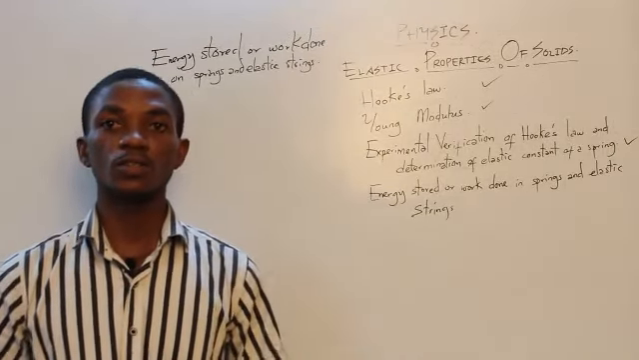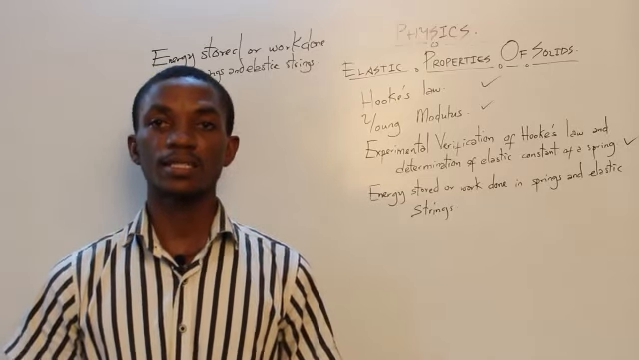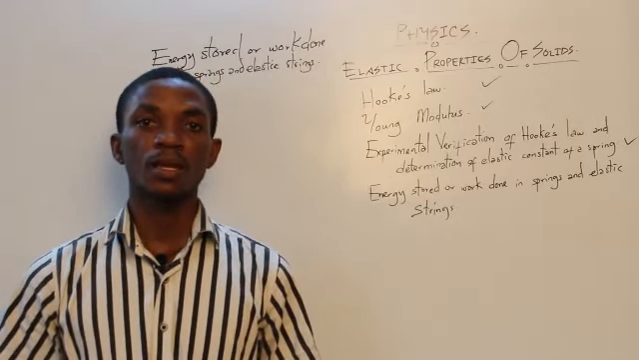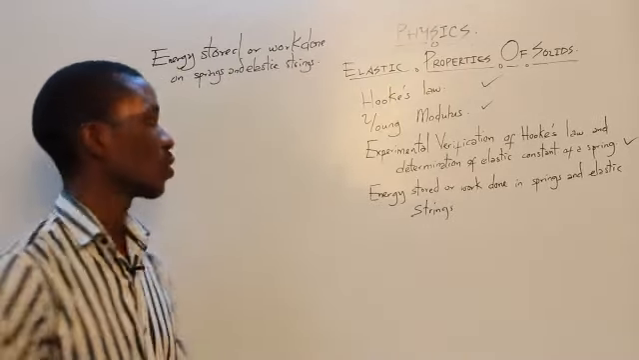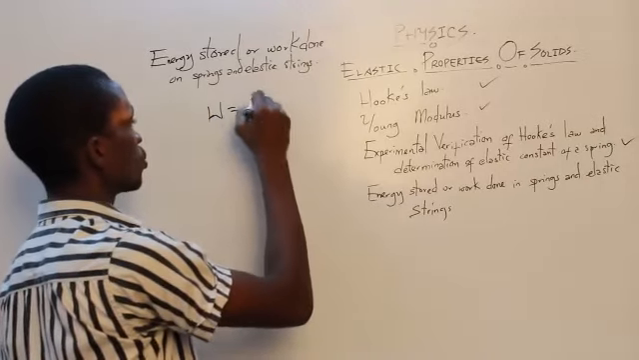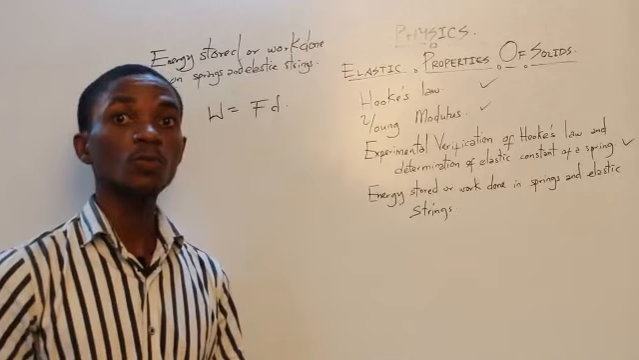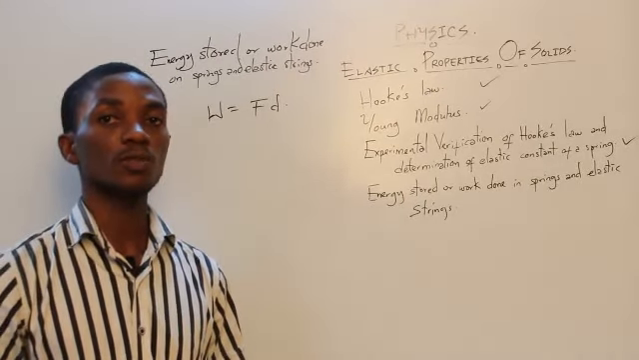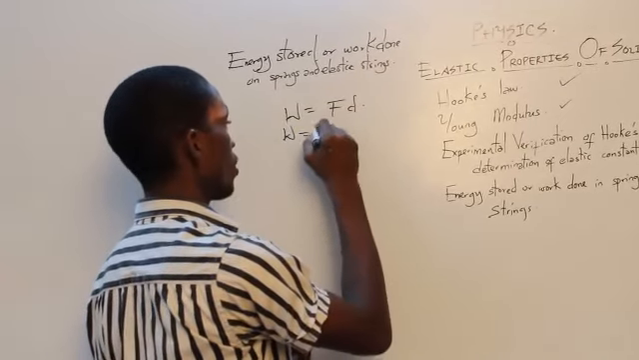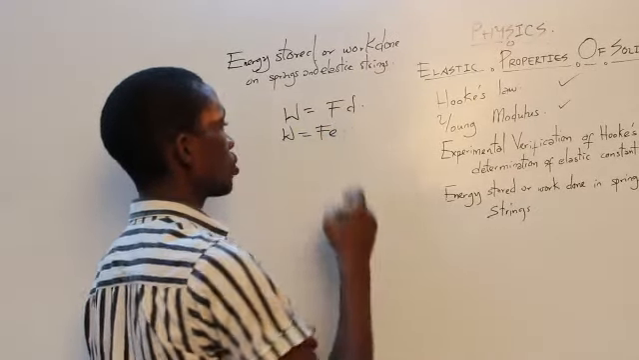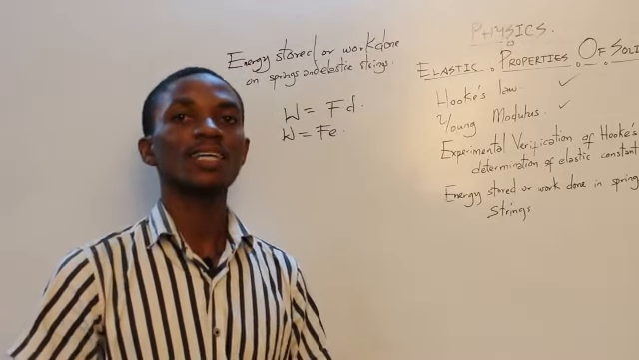Energy stored and work done on springs and elastic strings. We all know that to calculate work done is always equal to force multiplied by the distance traveled by the force. So the same thing applies when it comes to springs. Work done in springs is force multiplied by the extension, since that is the actual direction and the amount of distance that the force gets